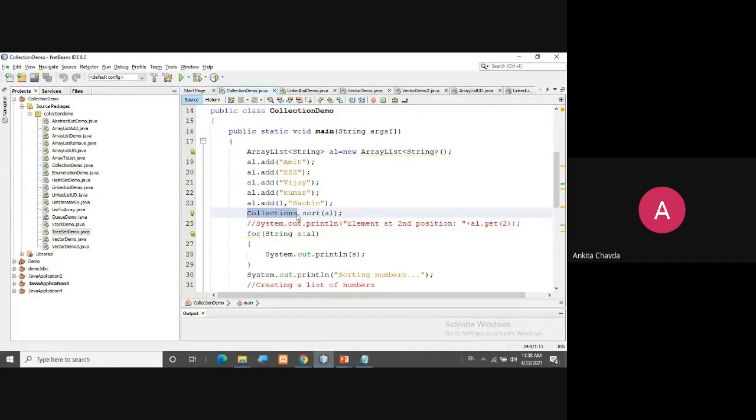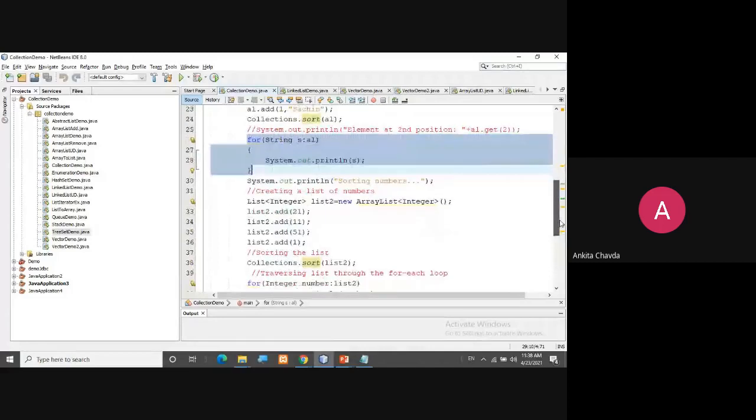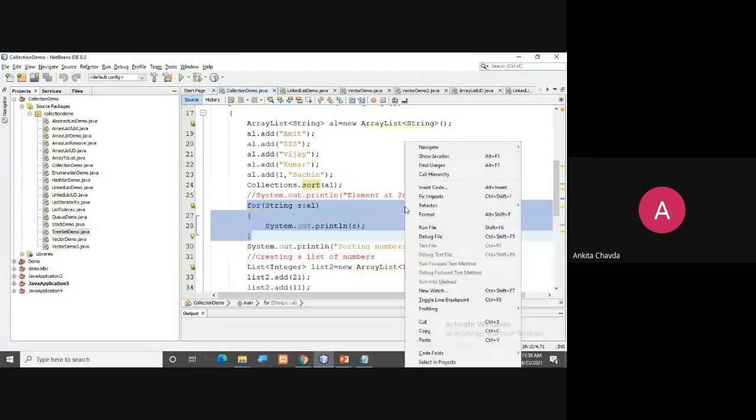So Collections.sort, and whose elements you want to sort, that is of this ArrayList object, AL. You pass that here, and you can simply get the sorting of the numbers. Just check the output.